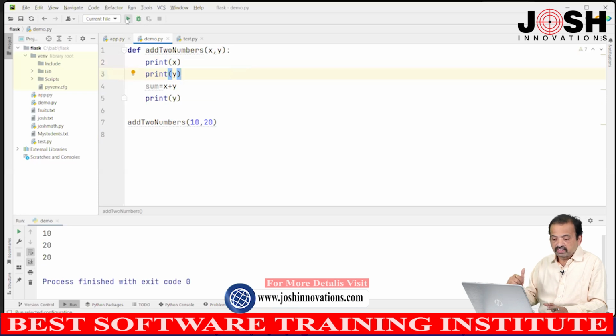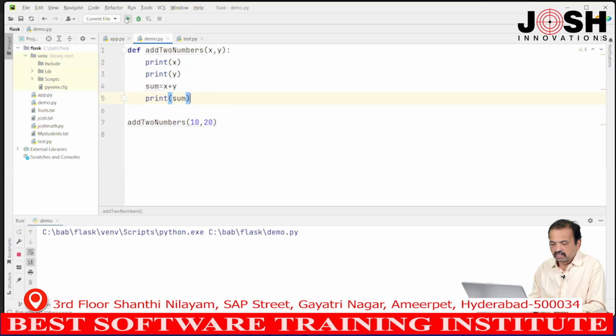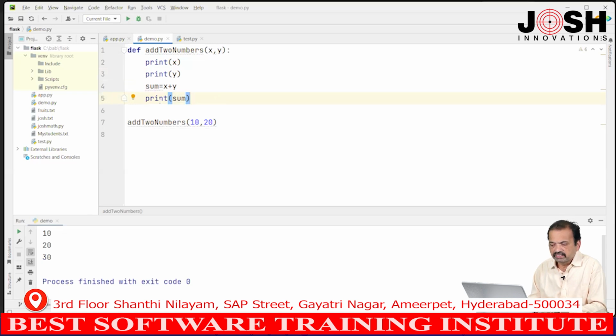So, from line number 7, it jumps to line number 2, it prints the value of x, it prints the value of y, then it will calculate x plus y, 10 plus 20, 30 will be stored in sum, and it prints sum. It prints 30. See, the value of x is 10, the value of y is 20, sum equals x plus y, the value of sum is 30 and we are printing 30. Okay. So, we will put one breakpoint at line number 7,